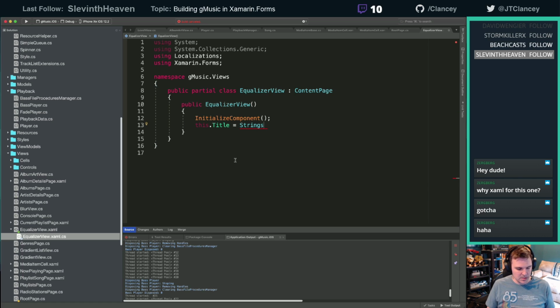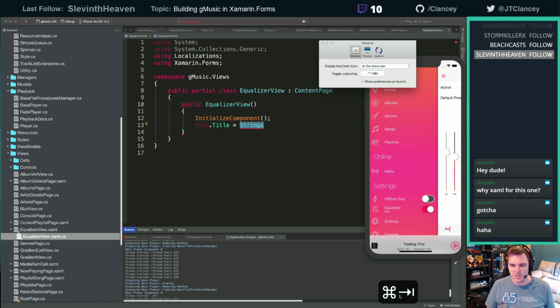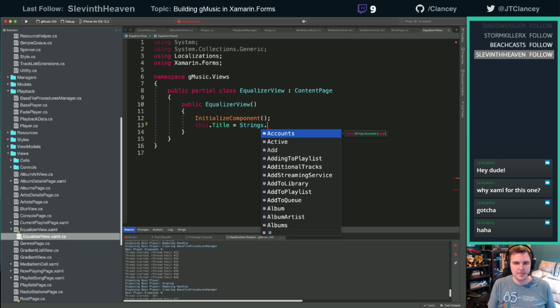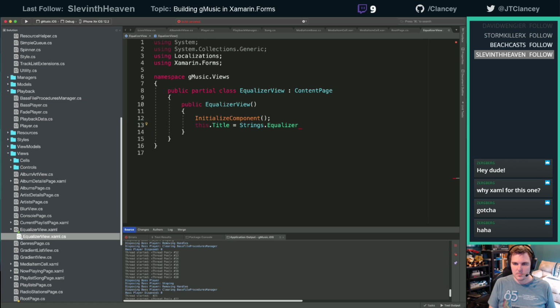All right, that hotkey works. I have my keycaster on. Let me bring that up so it's in the right place, so you can actually see it. So strings dot equalizer. Weird errors over here on my streaming machine. Okay, run this. Let's see what happens.